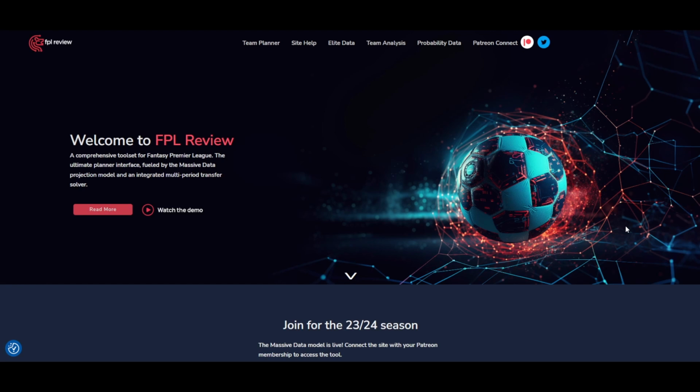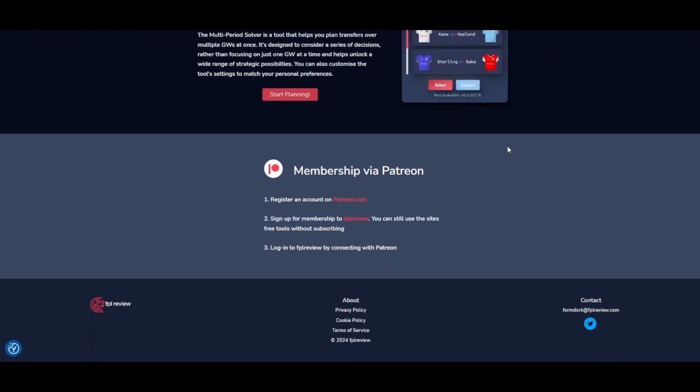This one is really oriented at new users, so it's how can you log into the site, how can you manage your membership, and how do you effectively get started. So the login option is through this Patreon Connect option in the menu bar. And if we scroll down to the bottom of the front page, it describes how you manage your membership effectively through Patreon. So if you wish to sign up to access the premium tools on the site or cancel your